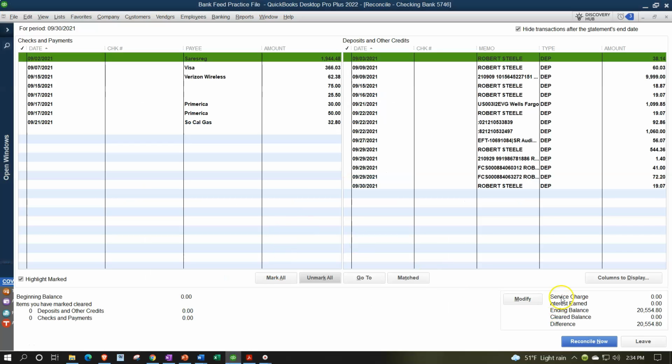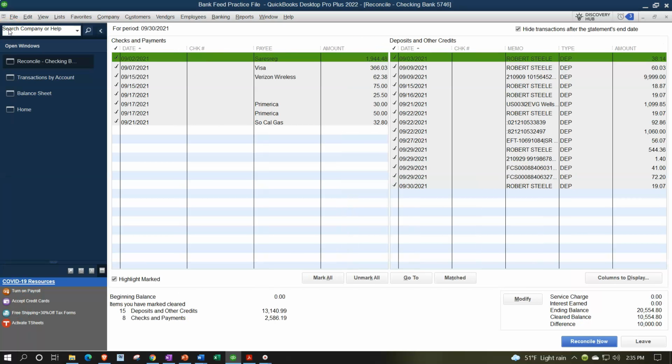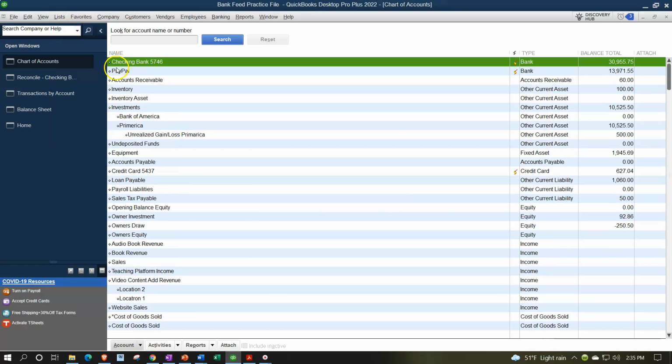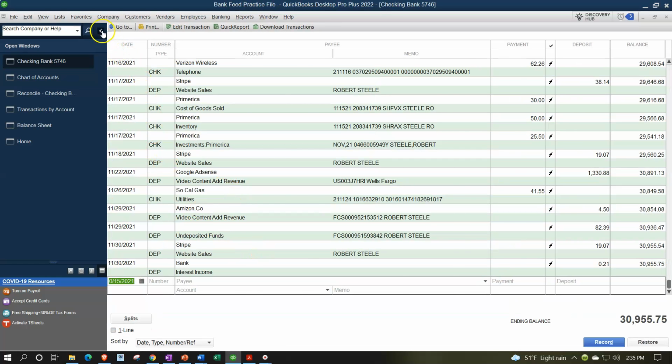So I'm going to just check them all off again and say, okay, if I check all these off, I'm off by that $10,000, which is the beginning balance, which I'm going to assume is that beginning balance. I'll just put it into equity for our practice problem. I'm going to have to add it. So I could go into my register by going to the lists drop down, go into the chart of accounts, and I'm just going to go into the check register, and I'm going to close the caret on the left